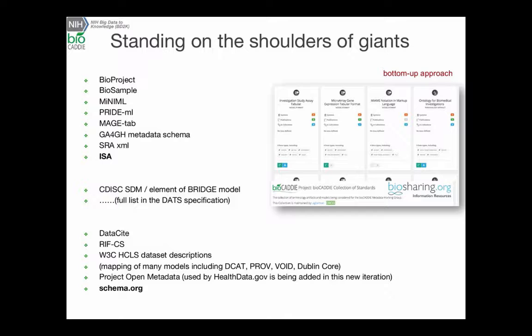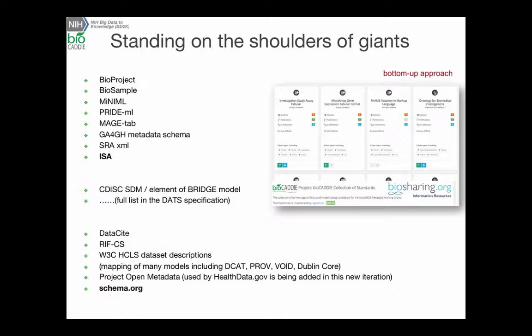So in terms of mapping, I would like to drill a little bit into some of the models that we have investigated. Going to the biology side and the major repositories that we are aware of, such as the ones hosted by the EMBL-EBI or the NCBI here in the US, we obviously had to look at models such as BioProject, BioSample, but also the minimal XSD format, which is used by GEO for microarray data, proteomics data with MHML, the GA4GH metadata format, again to understand the kind of information exchange that is needed